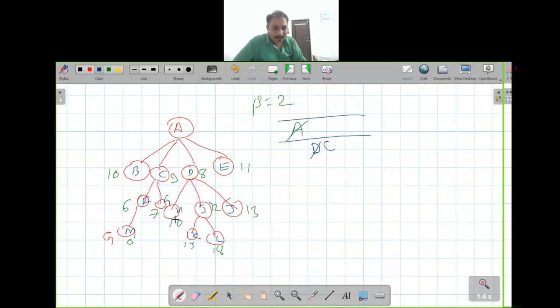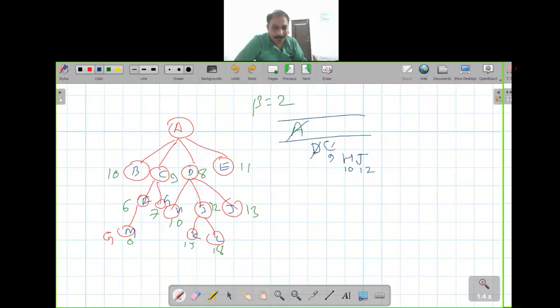So you will enter 10, then 12, meaning H and J. But now the heuristic value of C is less, so you explore C first. Then when you explore C, you will find F and G are the two successors. So you will enter F and G in your queue, and sort this list based on their heuristic values. F is 6 and G is 7.